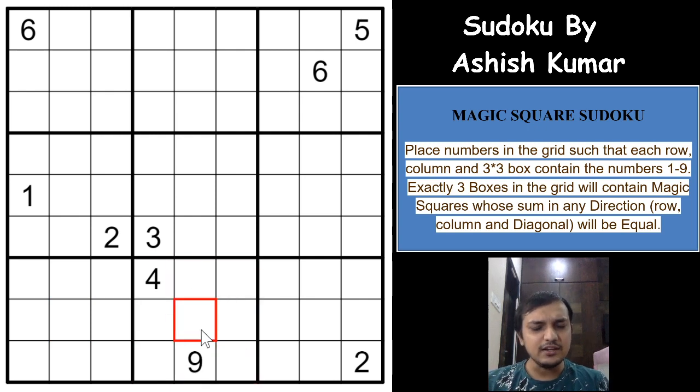One more small trick I would say is, whenever you conclude that a box is a magic square, for example this box is a magic square, you can directly eliminate a few possibilities. That is, when you get a 9 here, you know that 8 and 6 have to be in the corner, right? And whenever you have a 9 at the middle edge, you can directly eliminate 6 and 8 from these two cells, because that will automatically give a sum greater than 15.